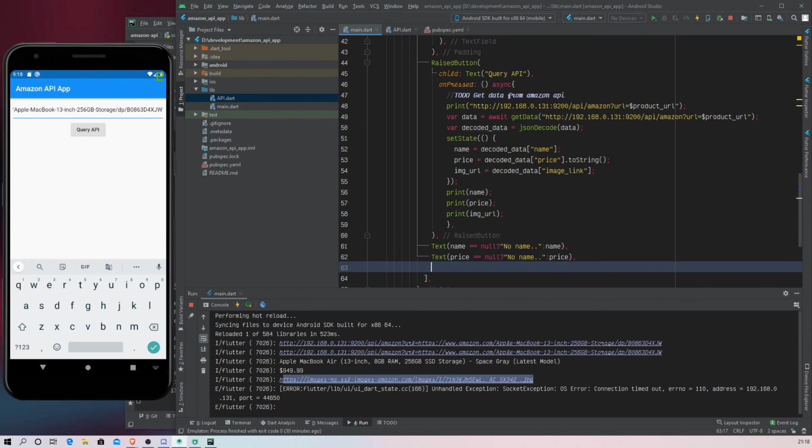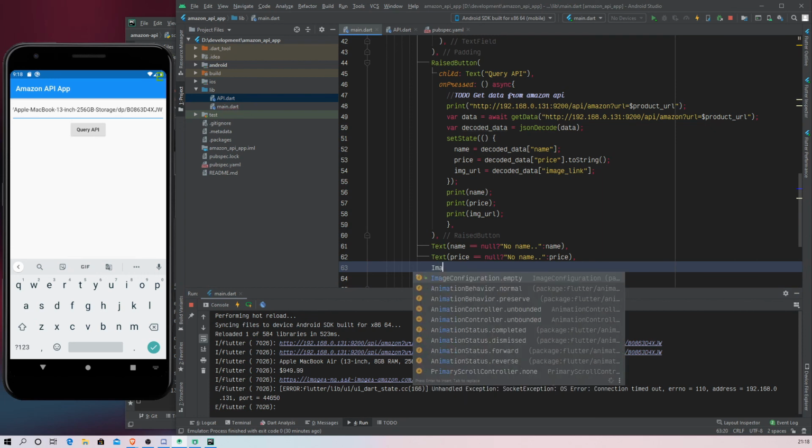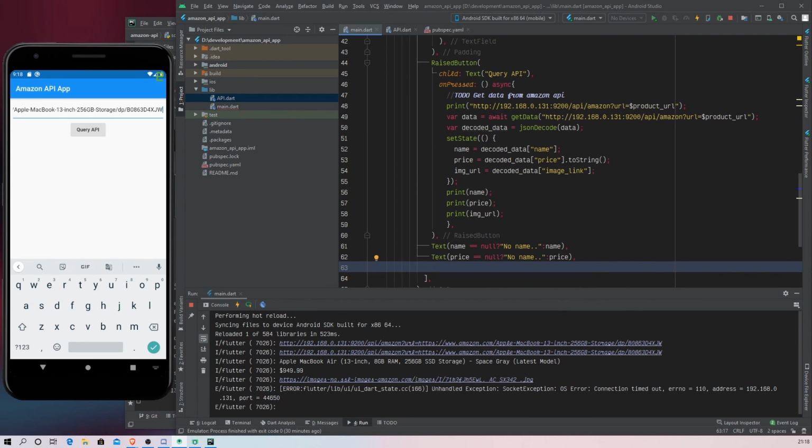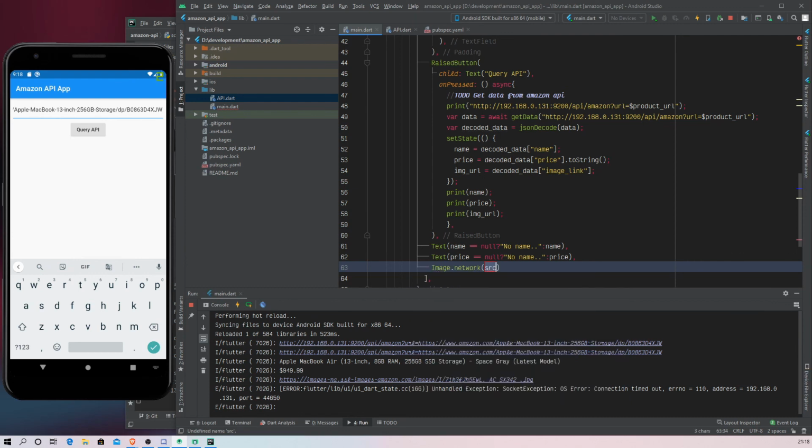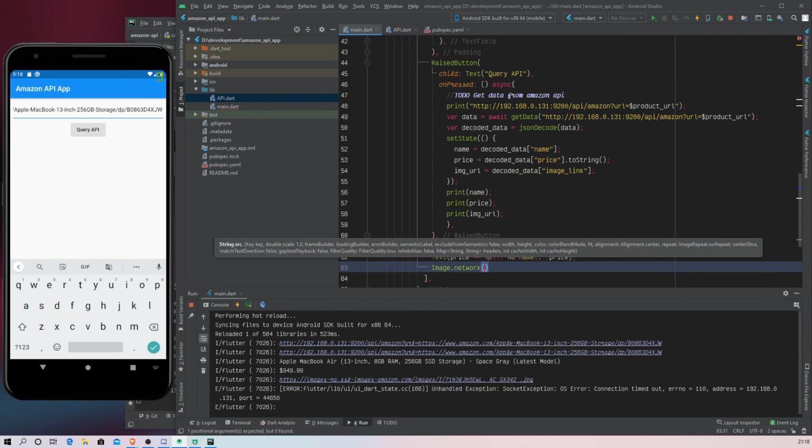And now to display an image from a URL, since we do not have this locally saved, we're going to say Image.network, and the source, again we're going to use the ternary operator.